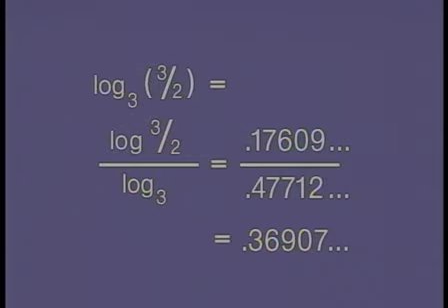Well, according to what we had on the easel, we would take the log, which is log base 10 on your calculator, of 3/2, which turns out to be 0.17609, etc., and divide that by the log of 3, which is 0.47712, etc. When we divide that, we get 0.36907, and that is a good approximation, at least rounded off to 5 places, of the log base 3 of